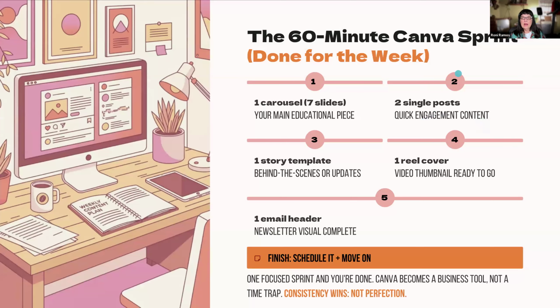All right. Now, the 60-minute Canva sprint, and then you're done for the week. You could, in an hour, create one carousel post with, say, 7 slides, your main educational piece. Then 2 simple posts that could be quick engagement type of content. Maybe 1 story, so I mean a video story template, behind the scenes or updates, and then 1 thumbnail for that,